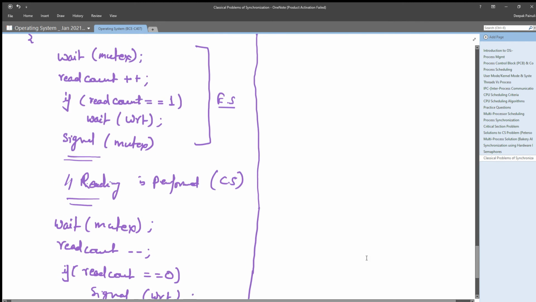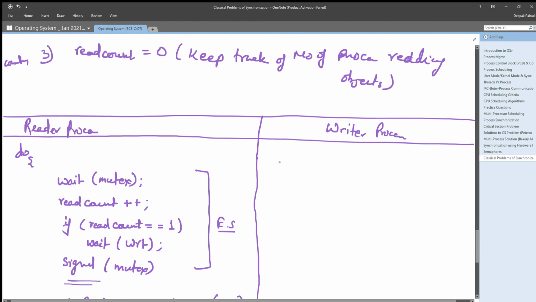So this is the code for our reader process. In the same way, the code for the writer process will be, it will first wait on WRT. It will check that some other process is not writing something, right? So it will check the write semaphore. Then after successful wait operation on WRT only, this process will execute its critical section, which is writing.